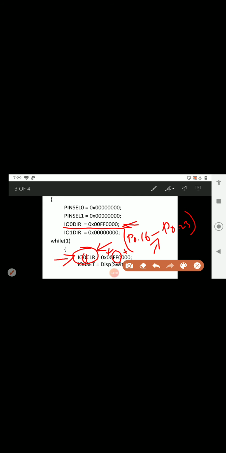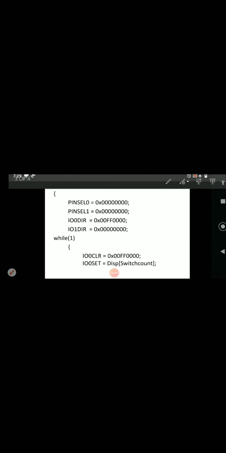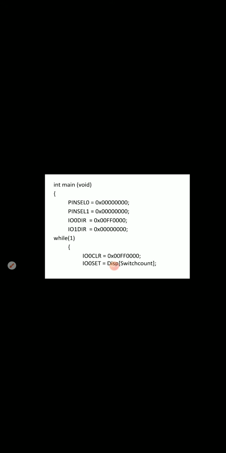After that we are going to set IO set. IO0SET here is an output set register, actually.